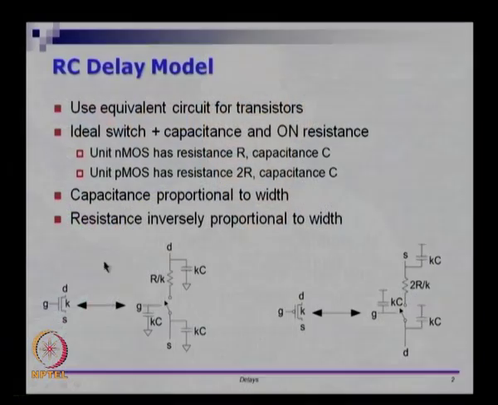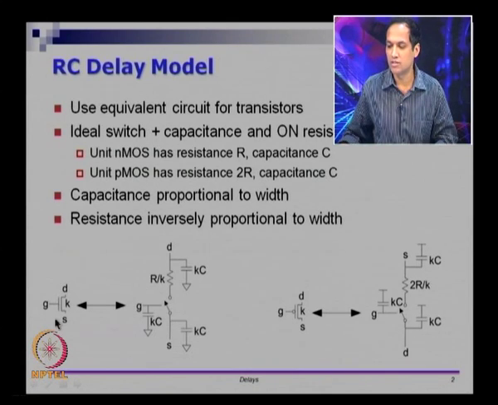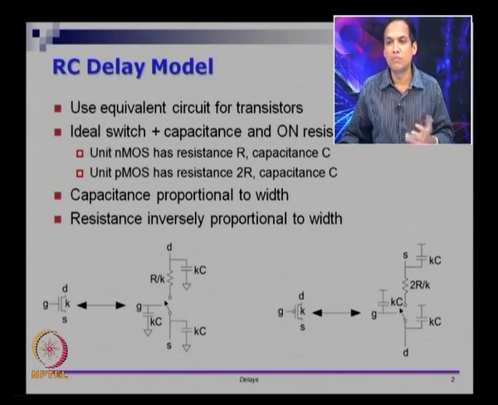So I am going to take a basic device, so it could be NMOS or PMOS. If I look at an NMOS device, I want to see what the delay is because of this. First of all, it's a physical entity. We are going to look at a physical entity. It's not an abstract switch where I can talk about zeros and ones. Eventually it's an electrical circuit which I want to talk about. There are two devices here, a PMOS device and an NMOS device. I want to talk about how to equivalently transform them into electrical circuits, and this will be useful for delay